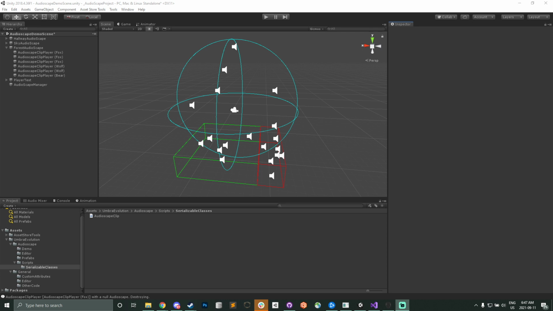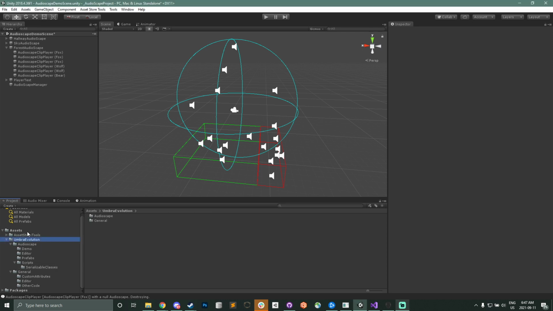I think it's been a little over 6 years since Audioscape was first released. So I figured it was time, with the changes in Unity and my increased experience, to rewrite this from scratch, make things a little more efficient, and add a few convenience features while I was at it. So without further ado, I'll jump into this, and we can look at some of what you get